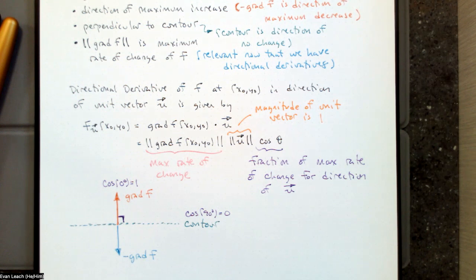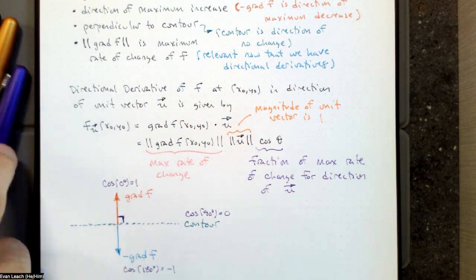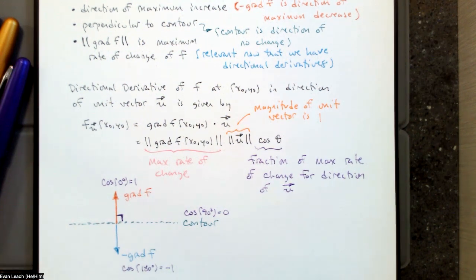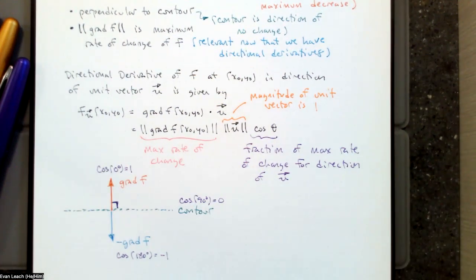And then down at the bottom, when theta is 180 degrees, we have 100% of the magnitude in the opposite direction. So decrease instead of increase. And if we're at something in between,